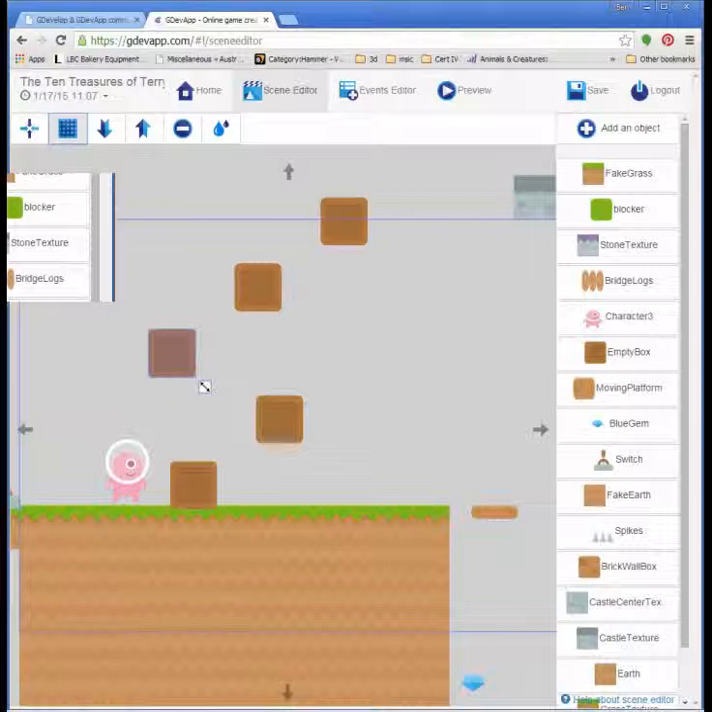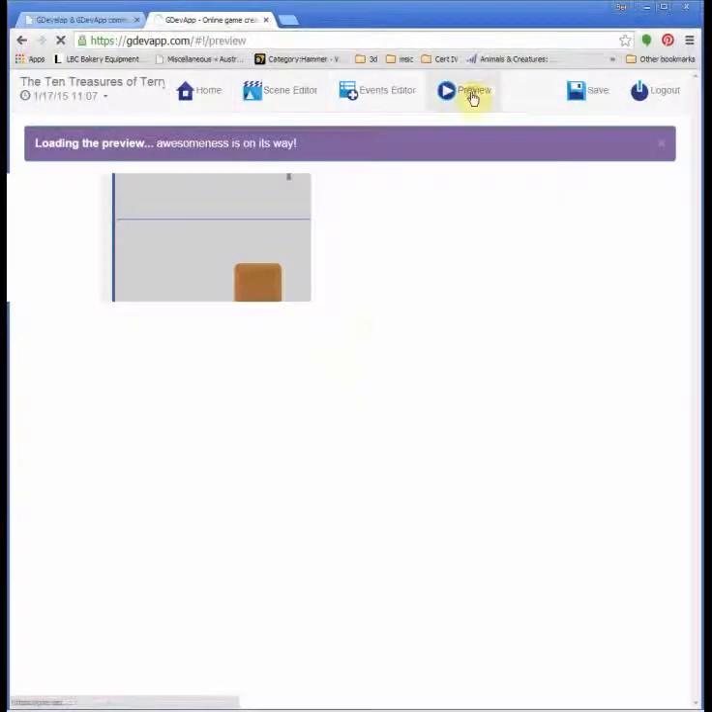Now, I'm going to go ahead and work on some of my level design for the 10 Treasures of Terry while I talk. The major thing that I was looking for was a solution that was completely web-based, something that